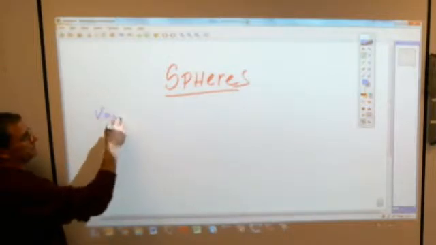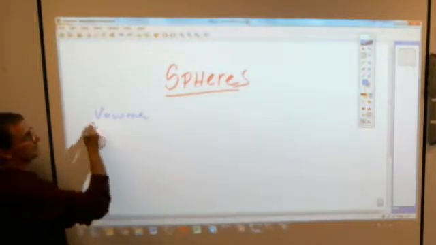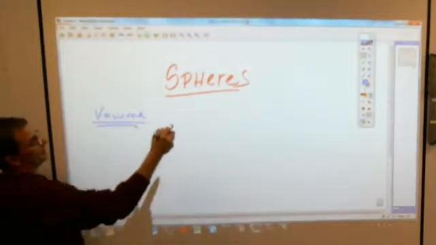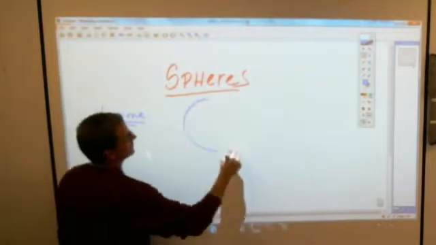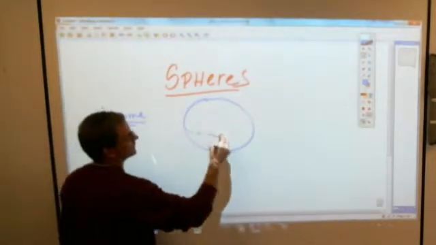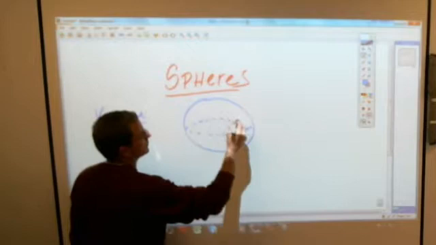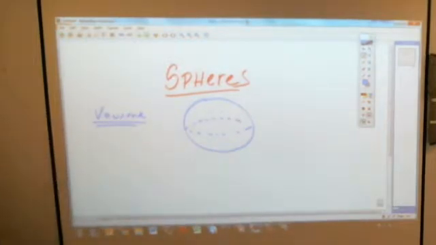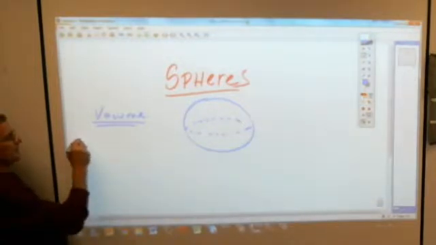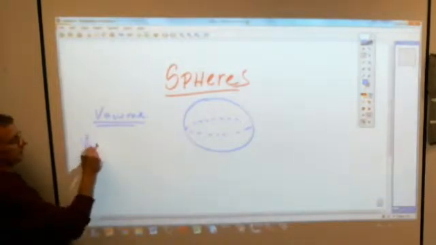Volume of a sphere. Let's draw a nice sphere. How do you show a sphere? You do a little circle, put a little dash line around it. There's your sphere. And remember, when we talked about volumes, oh, maybe we didn't, because it doesn't come to a point, does it? No, I'm just going to give it to you here. This is the volume of a sphere. It is volume S equals